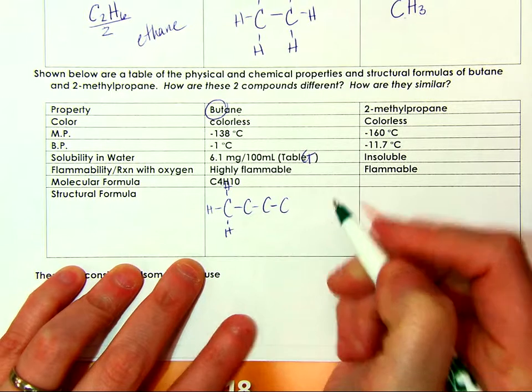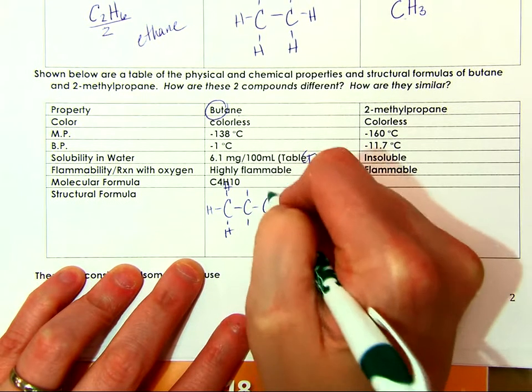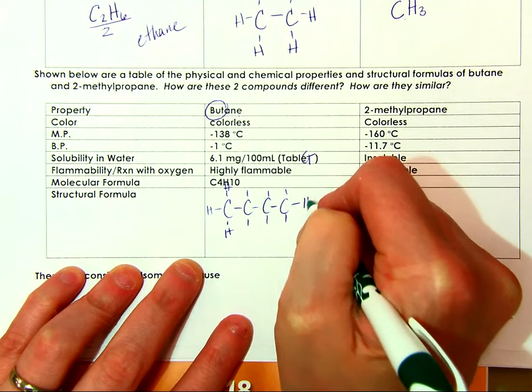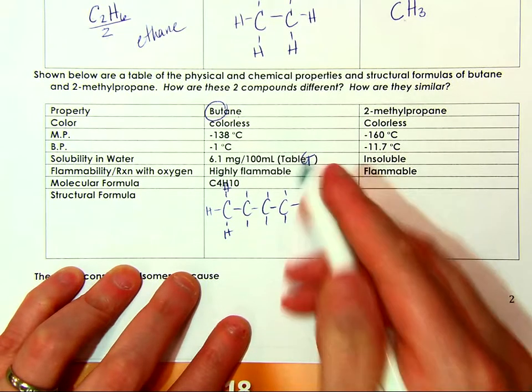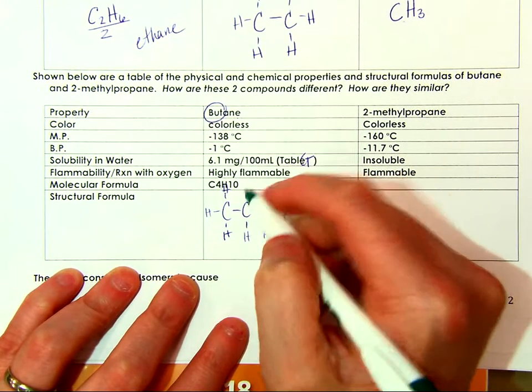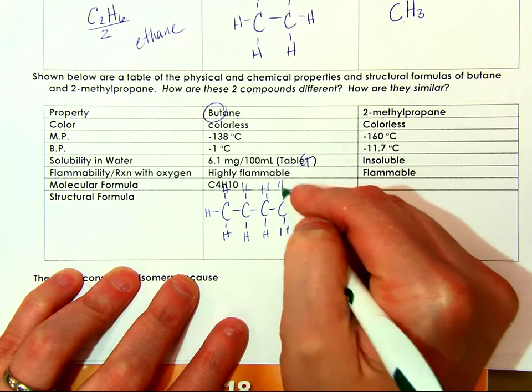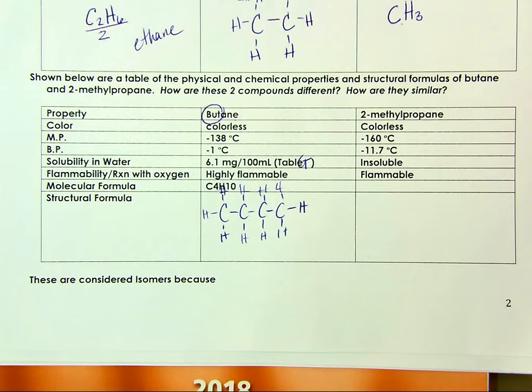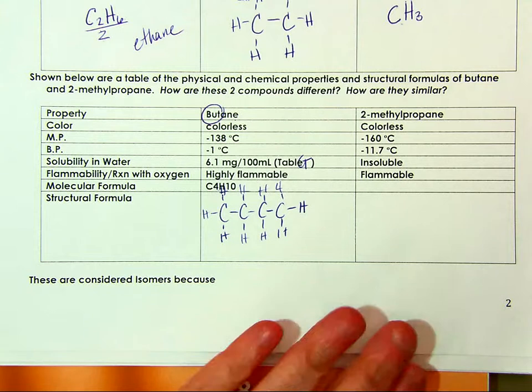And just to keep it a little bit easy for myself, I'm just going to draw these little stick marks, and we can make the assumption that every stick mark is attached to a hydrogen. Okay. So I have 4 carbons, and in total 10 hydrogens. That's my structural formula. So why am I comparing this to something else? I'm comparing it to this because if I were to draw it,